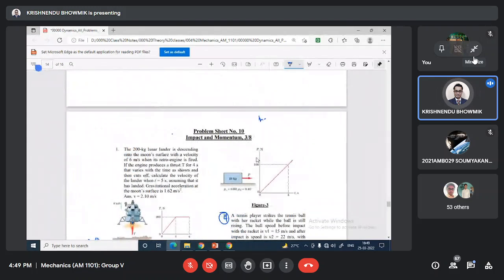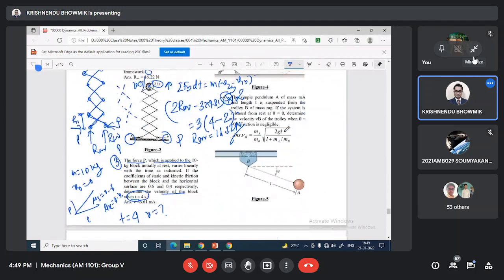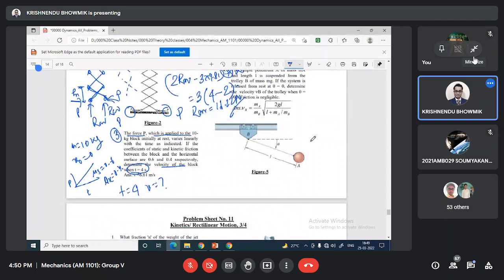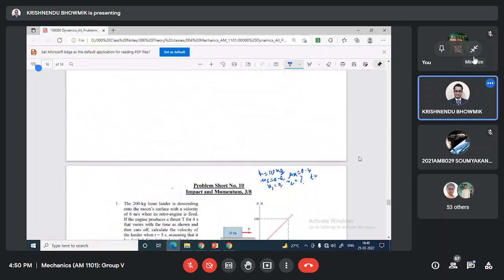M equal to 10 kg, mu s equal to 0.6, mu k 0.4. Velocity at t equal to 4 seconds. V0 was 0. V2 you have to calculate, t equal to 4 seconds. Okay. Now,